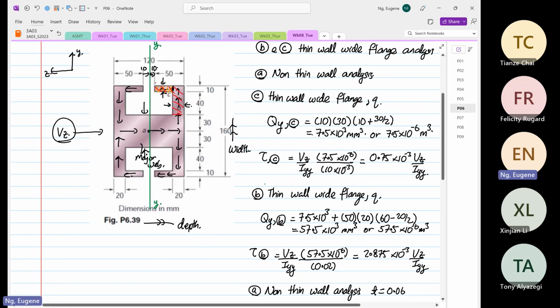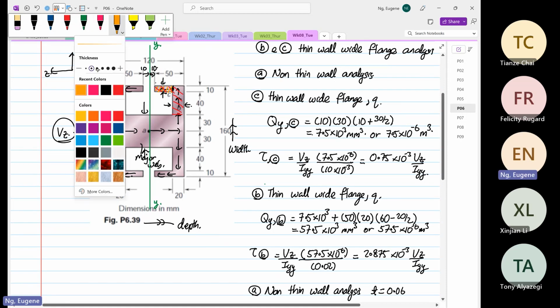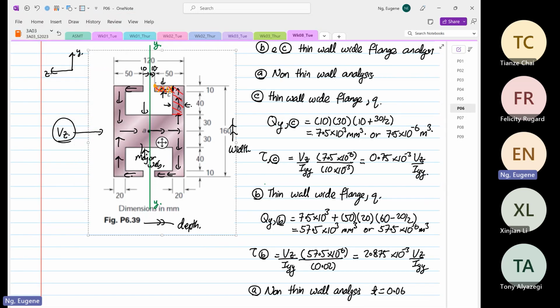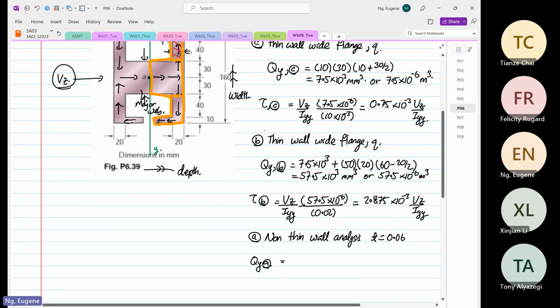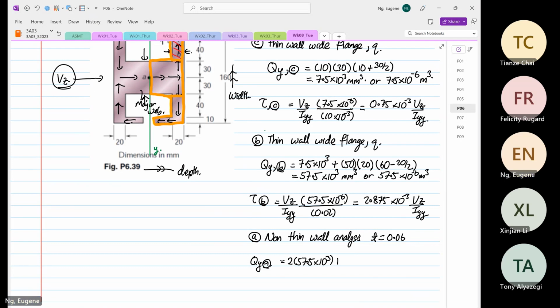Now we have to consider, I'm going to draw the perimeter of the area that we have to consider. So we have to consider this entire area now. This entire area now, the first moment of area. Okay, like this. Right. So we know QA and QB. So this will be twice of 57.5 times 10 to the power 3 plus